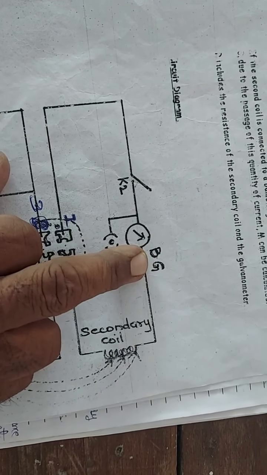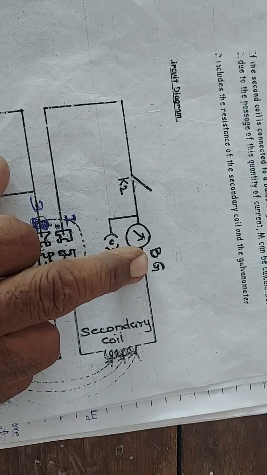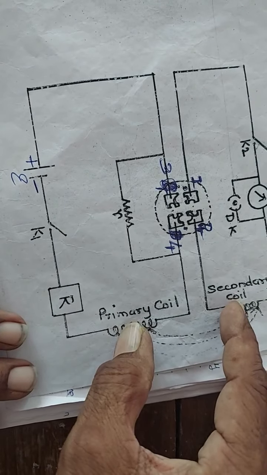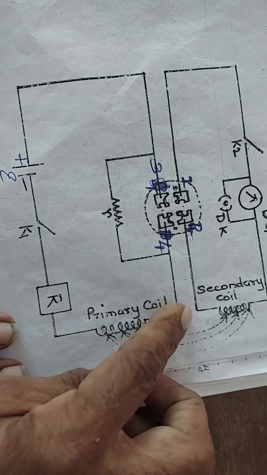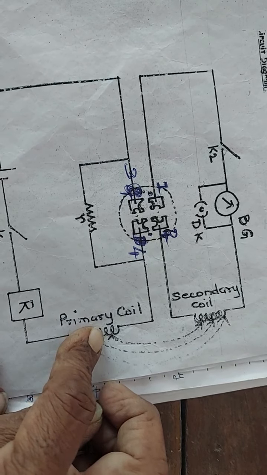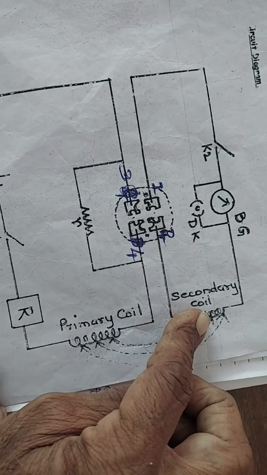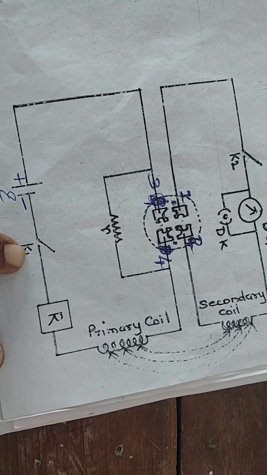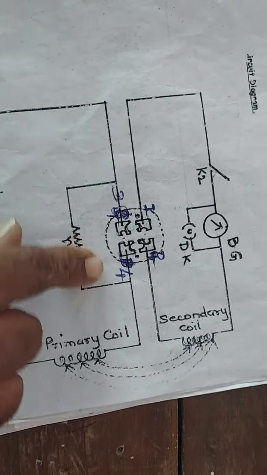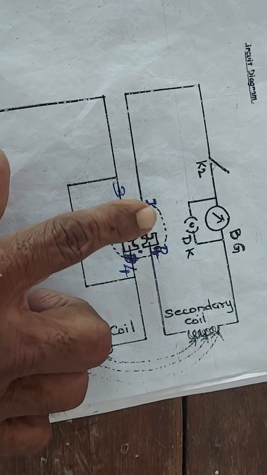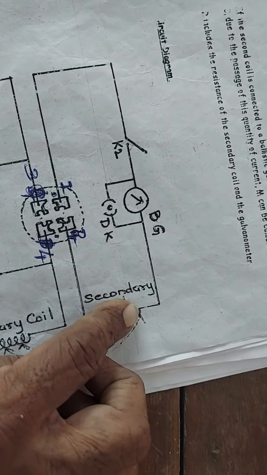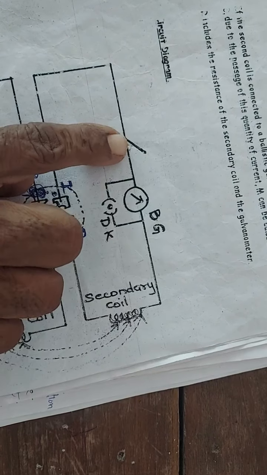Secondary coil is connected to the ballistic galvanometer. You know that the ballistic galvanometer is connected with a damping key, and this is K2. Once again I repeat, this is the primary coil of the transformer. This is the secondary coil of the transformer. This is the controlling resistance R. This is key K1, battery of EMF E. This is a commutator key having four terminals, 1, 2, 3, 4 gaps. Small resistance, fractional resistance small r. This is the secondary coil, ballistic galvanometer, and K2.